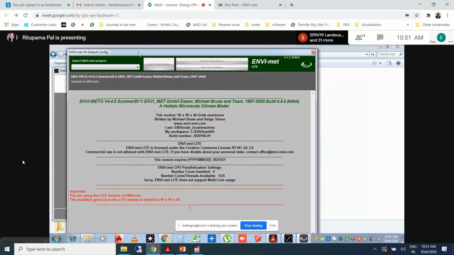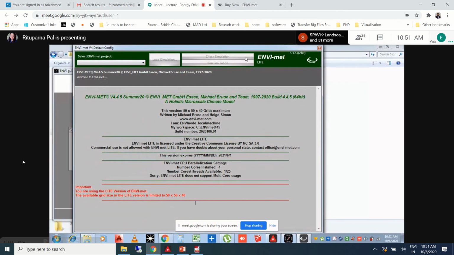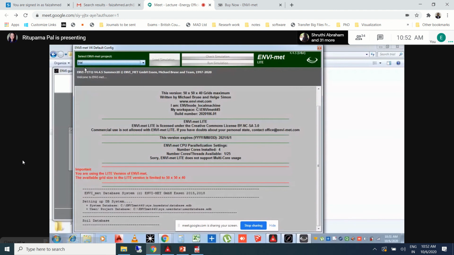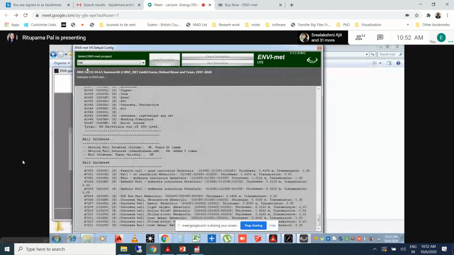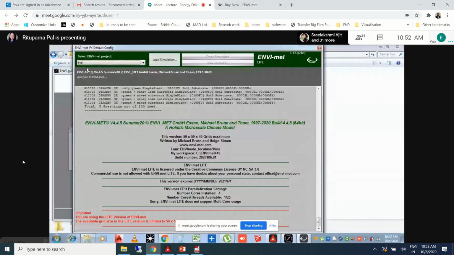Everyone has got this page? Yes, ma'am. Okay. Now in the left hand corner you see select Nginx project. You click the drop down option, click on your file name, and just wait, because it will do some coding and decoding for the same things.